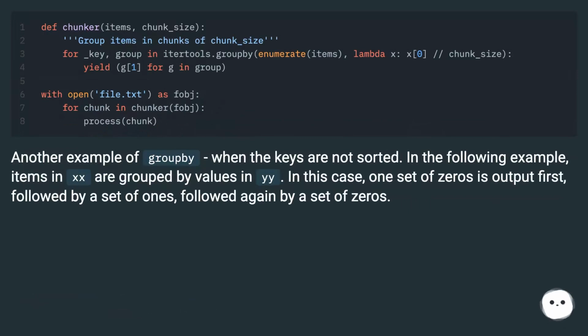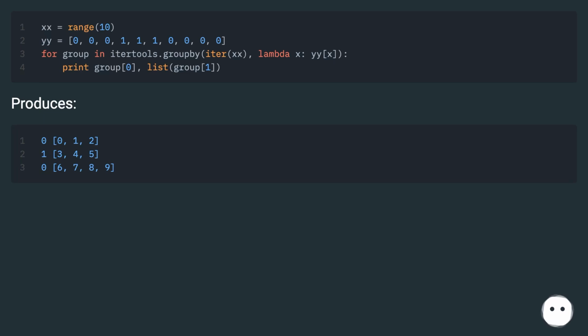Another example of groupby, when the keys are not sorted. In the following example, items in xx are grouped by values in yy. In this case, one set of zeros is output first, followed by a set of ones, followed again by a set of zeros. Produces: